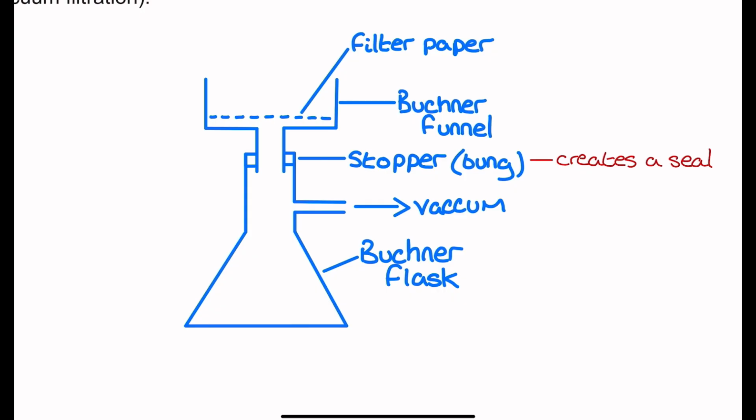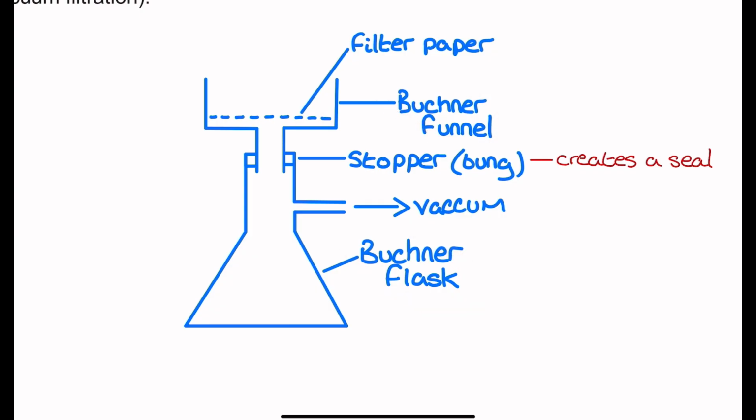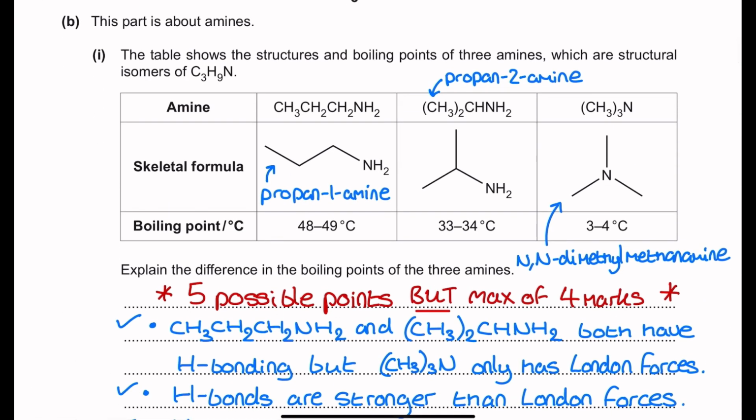The kinds of things they wanted you to include were a Buchner funnel and a Buchner flask, that there's a tight seal for how the flask connects to the funnel, and that you've got a single side arm here connected to a vacuum. Moving on, and this next question is all about amines, and we've got 3 different amines here